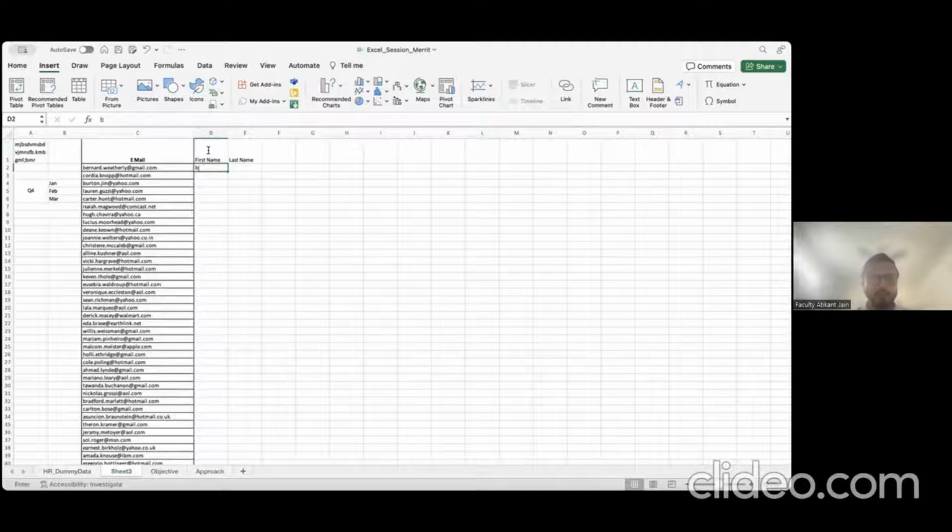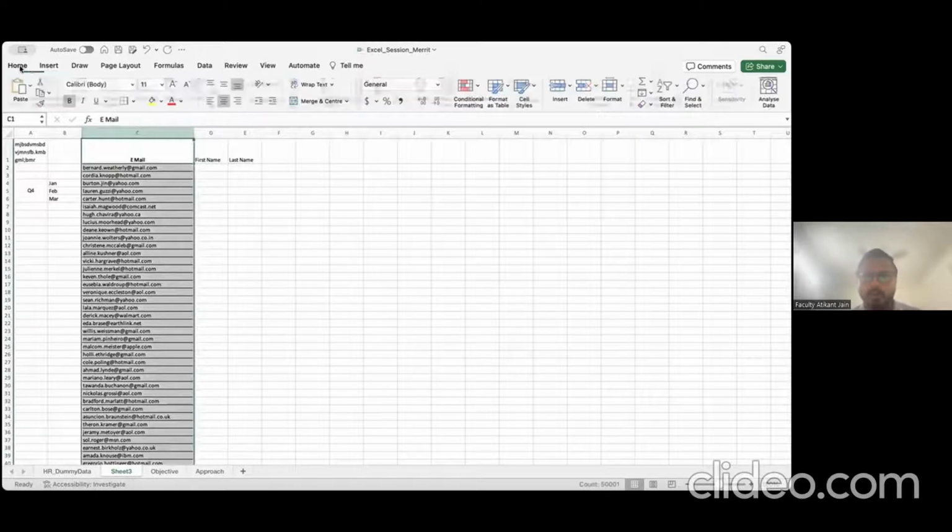The first option is I'll just do it manually: Bernard, this is Weatherly, right? And again, going for each and every employee. This is how we can do it. Second option is using the delimiter. So there is a shortcut key, but again, if we go here,